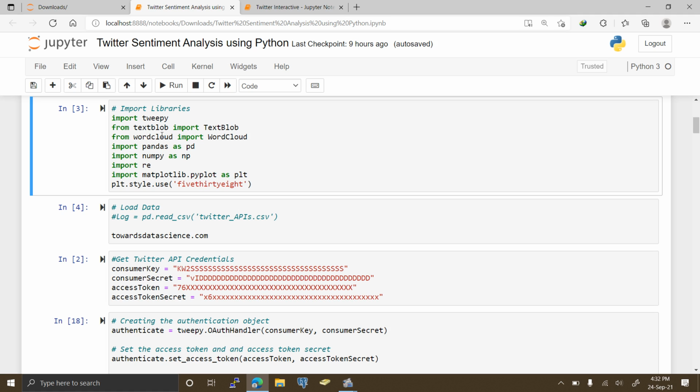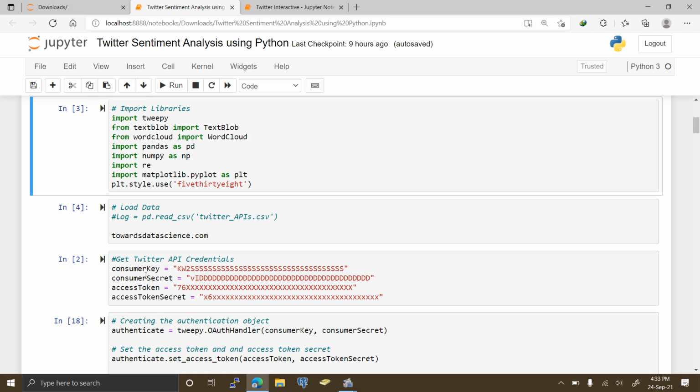Then you have this other import for the library which is called RE, and then you need to import the Matplotlib library also. Usually it comes pre-installed, but if you don't have it as well, I would recommend you to download and install it using the best way that you feel could be best for you. So after importing all these things,